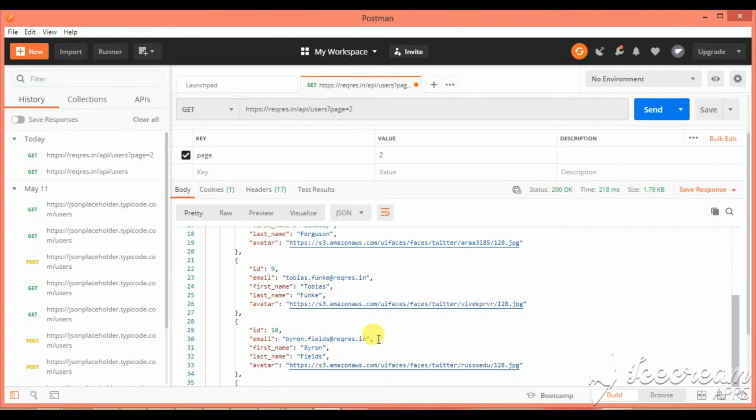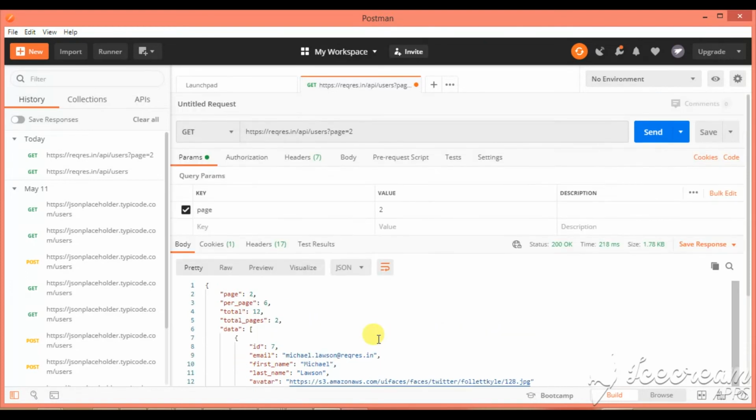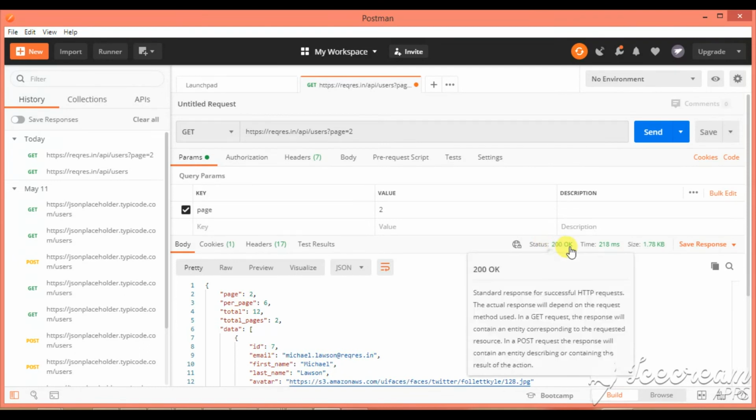So now you can see that I am not only able to get the result using HTTP GET request, but I am able to use the query parameters key and value pair, and you can see here the status is 200. Okay, standard response for successful HTTP requests.